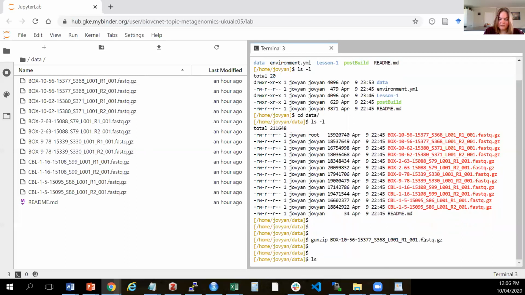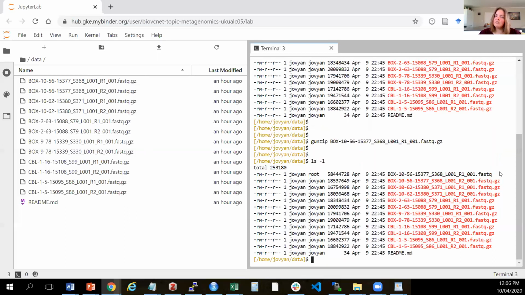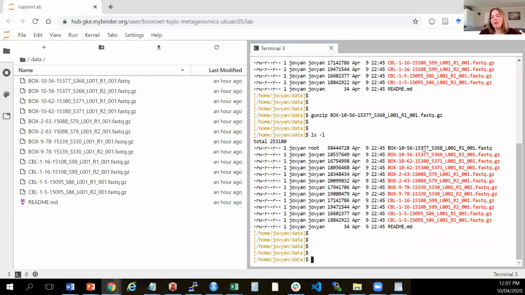If we go ls -l again, as you can see here, this file now is uncompressed. So if we wanted to view this file, we could have viewed it as a compressed file and as a non-compressed file, because the functions to view understand the compression and read them regardless. But I just wanted to show you how to do that because some tools won't know how to uncompress a file. So if we wanted, however, to do every single file in this folder, this directory, instead of doing them one by one, which you can do just by copying this command and changing the file name,